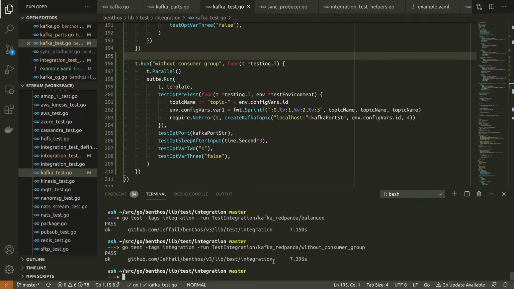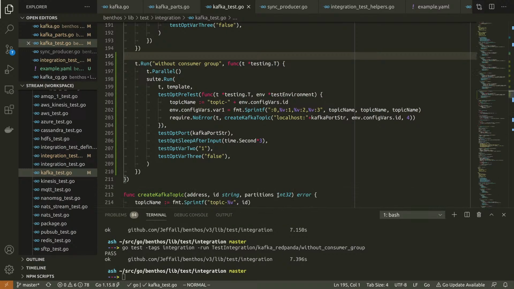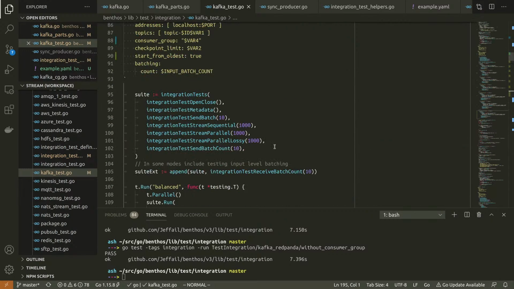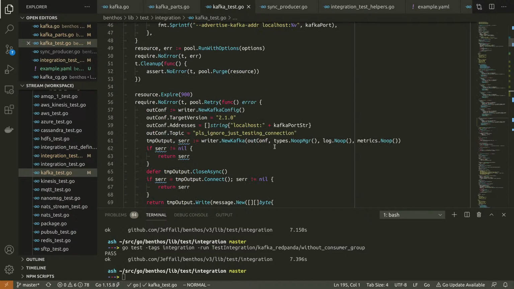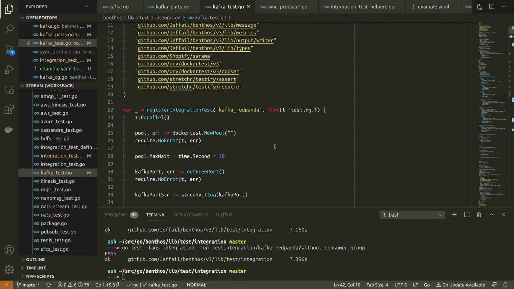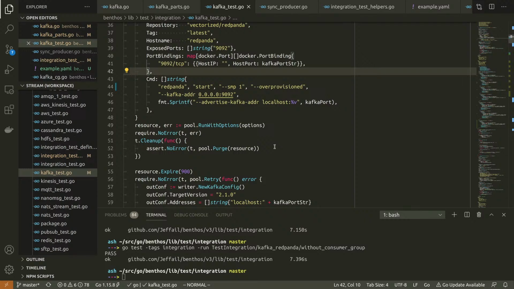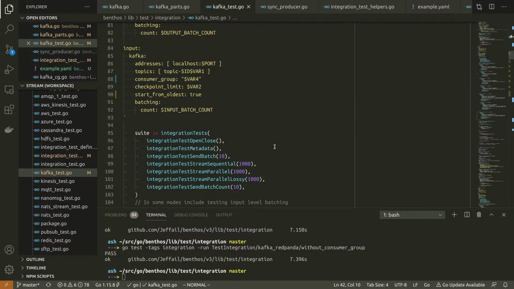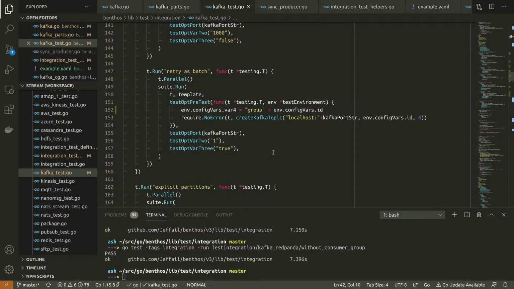Cool. Okay. Integration test pass. Do I want to go any further?